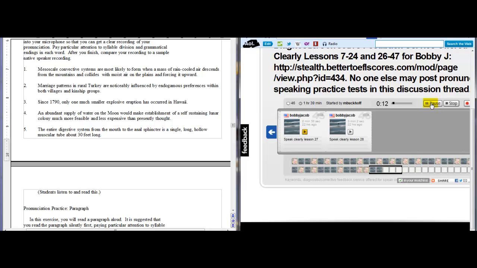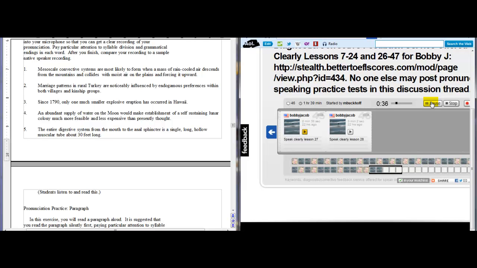Speak clearly, lesson number 27. All right. Syllable division and grammatical word endings, part 2. Pronunciation practice sentences. Number 1. Mesoscale convective systems. You want to say there, it almost sounds like an R here. Mesoscale. Pronounce that as an M. Mesoscale convective systems